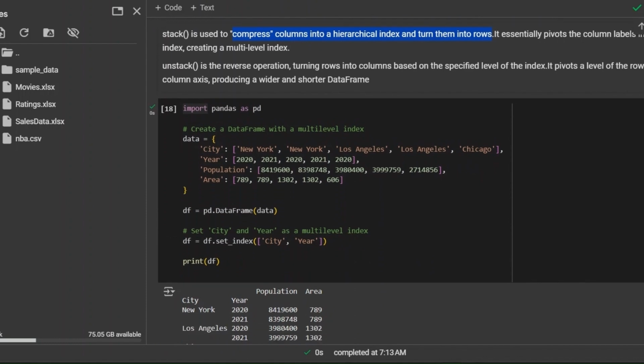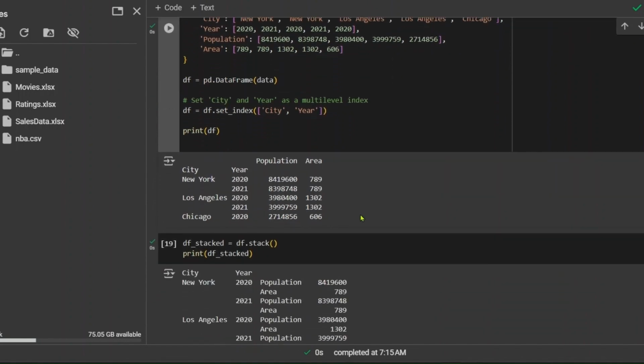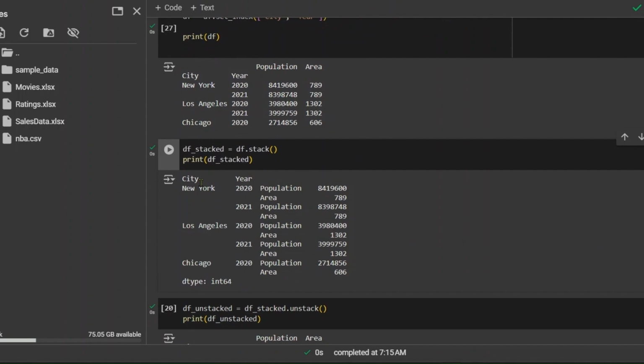Now let's see the concept of multi-level index. For that, we have prepared a small data frame which has columns city, year, population, and area. Then we have set columns city and year as the index. This is how the data looks when you set it as an index. Now you try to stack that data. If you try to stack, this is the output you get. You use the stack function to stack the data as we saw earlier, and this is how the data looks